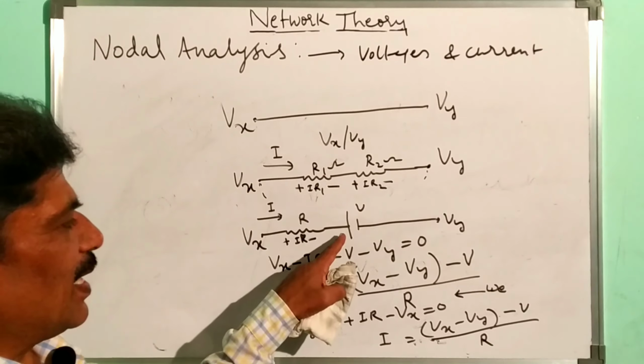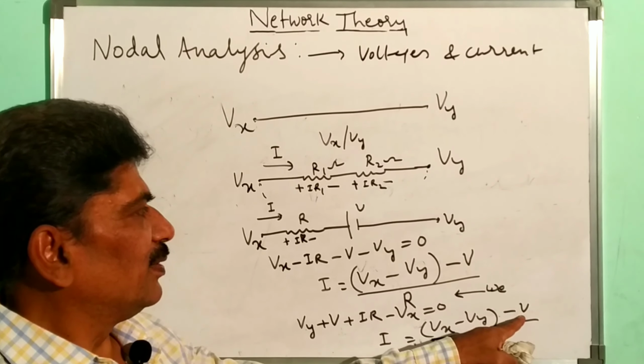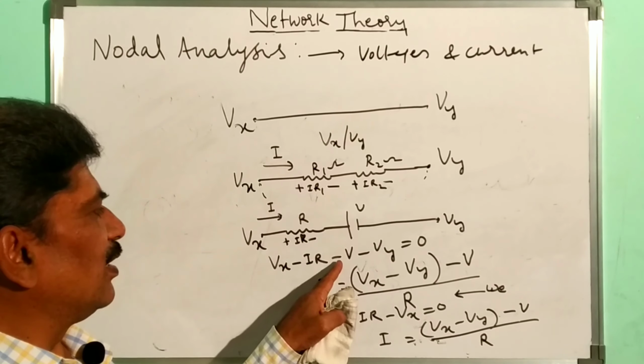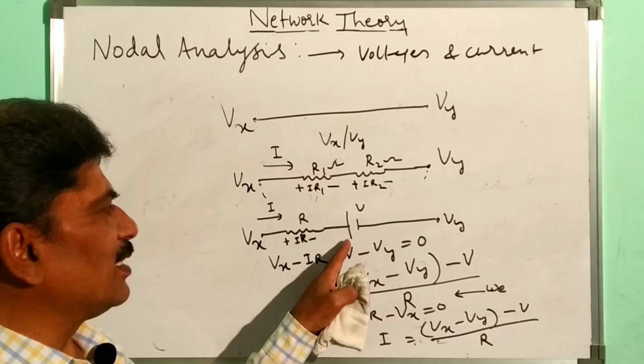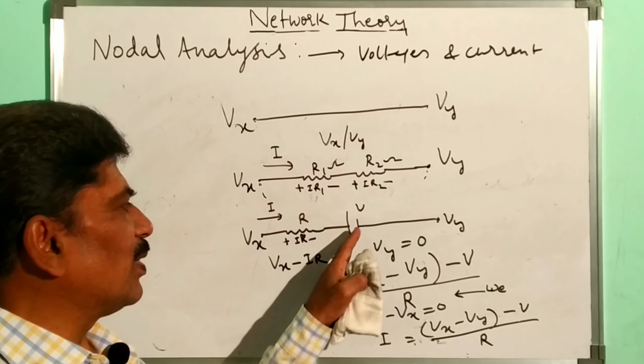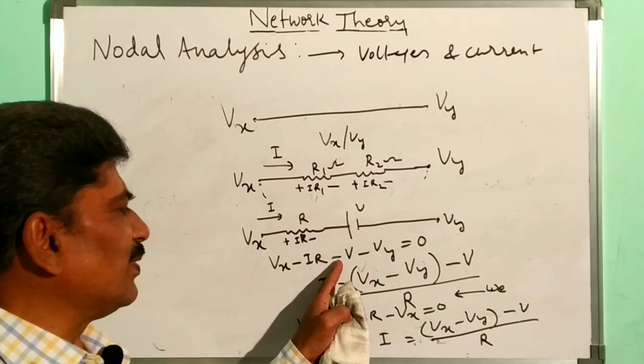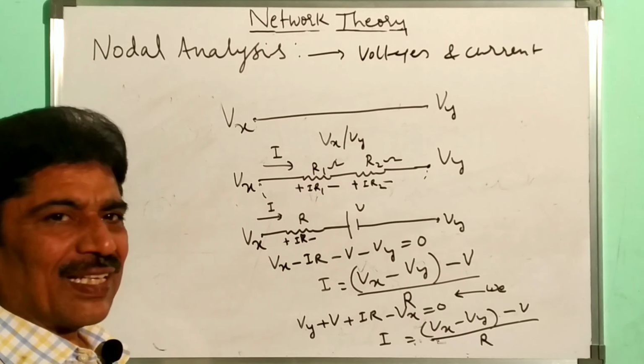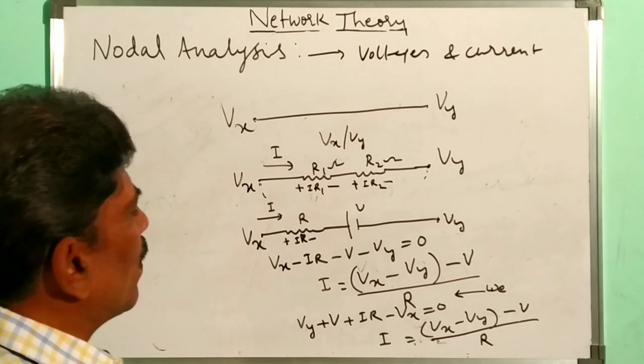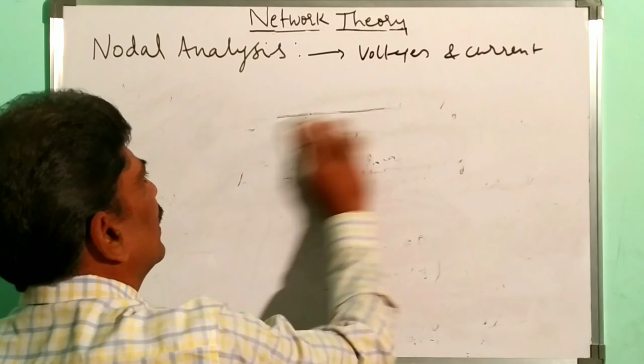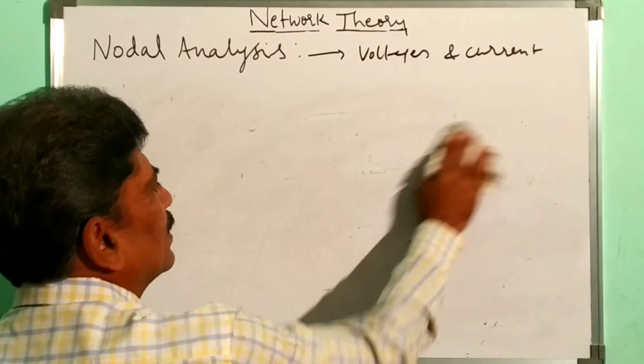Okay, if you reverse the polarities, this will be reversed. If you reverse the polarities, here it will be plus V. Likewise, there will be rise in potential. If you reverse the polarities, negative to positive will go from left to right, so it is plus V. In that way, we will solve the equations. Let us consider an example now to understand this concept.